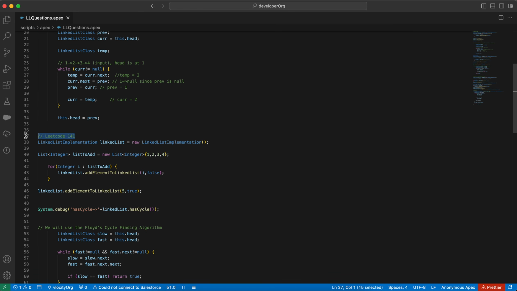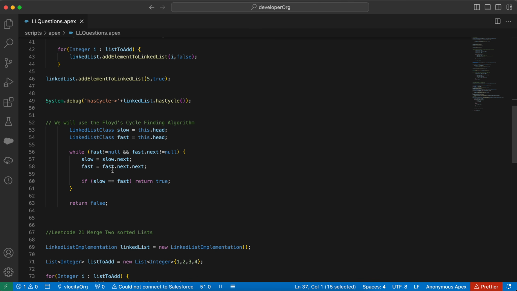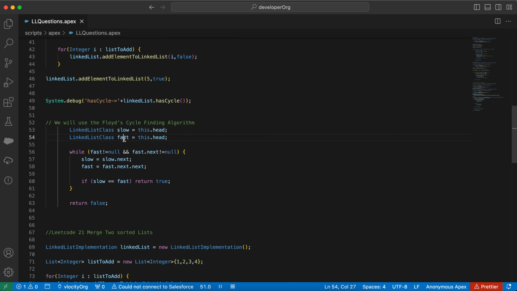So this is the linked list problem 141, and let me zoom in a little bit. This is our code. We will have 2 pointers, slow and fast, as I said, and we will store the reference of this dot head in the slow and the fast pointer. Now we will check while fast is not equal to null and fast dot next is not equal to null, then